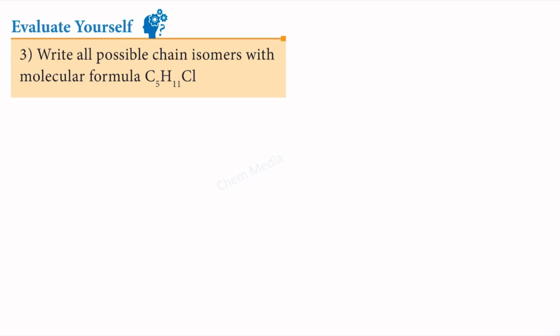Write all possible chain isomers with molecular formula C5H11Cl. Let us first determine the degree of unsaturation for this elemental composition to know whether it is a saturated elemental composition or not. Degree of unsaturation is equal to 1 plus number of carbon atoms minus number of hydrogen